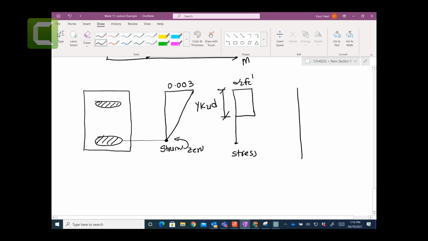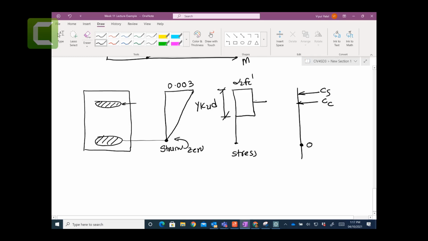And the force is, by the way, at the center here. So that is the force in the concrete, and let's say the force in the steel, because we have this force in the steel as well. And there is no force here, this force is 0 here, because 0 strain, 0 stress, 0 force. So we need to find some distances as well. Let's work out one by one how we are going to find those